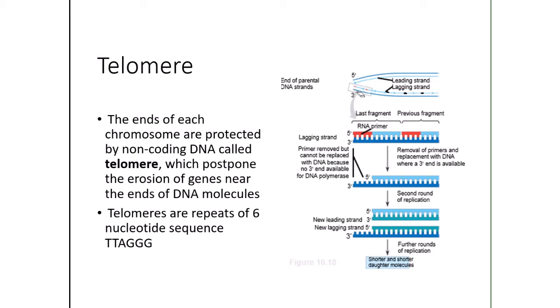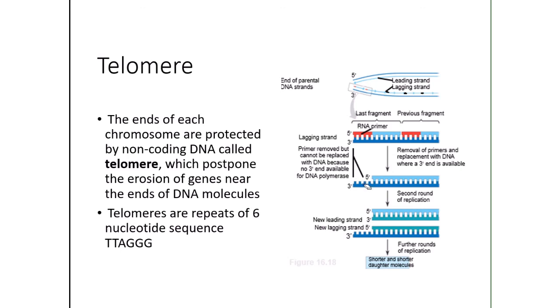From the upstream, we say, right? So this red section here will be replaced by the DNA polymerase 1 coming from the top here. Okay, so you're going to replace that with the blue stuff. But at the end of the chromosome, there's no DNA polymerase coming from anywhere because this is the end of it already, right? And so there is no DNA polymerase 1 that will be able to replace this RNA primer. So this primer will just eventually fall off, and so you will have a dangling section here,